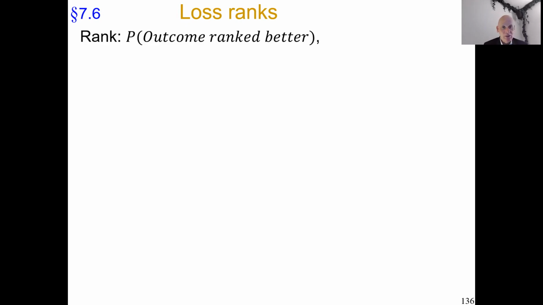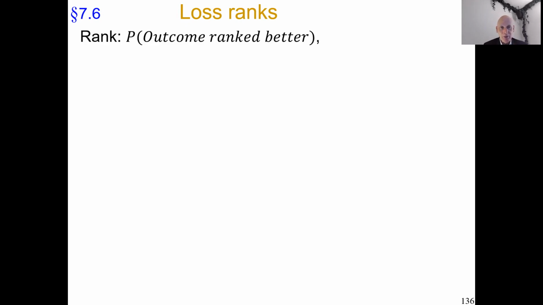I now discuss loss ranks. They have caused much confusion in the literature, and everybody who studies rank-dependent utility has to go through this confusion, so we should discuss it. Loss ranks will also be used in the definition of prospect theory coming next meeting, so we should discuss it anyhow. Anyway, let me repeat and prepare.